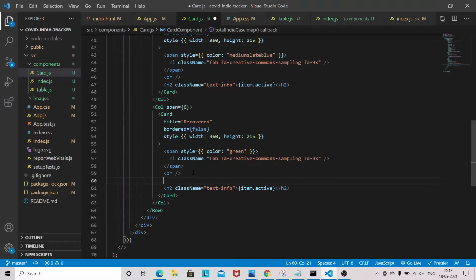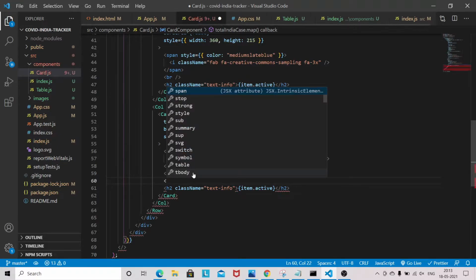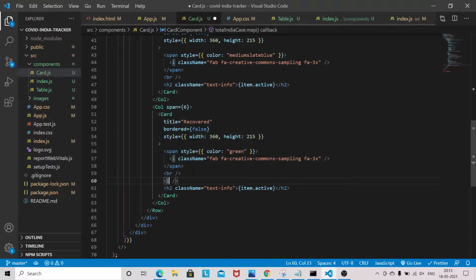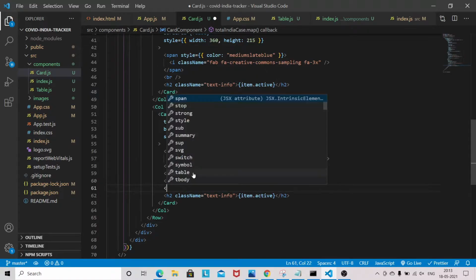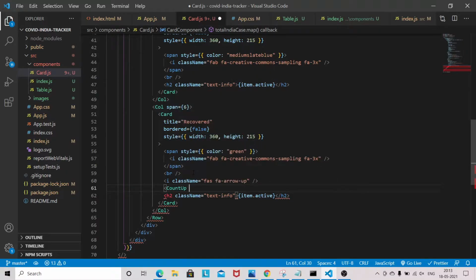So again I need FA arrow up. And here we need that count up.